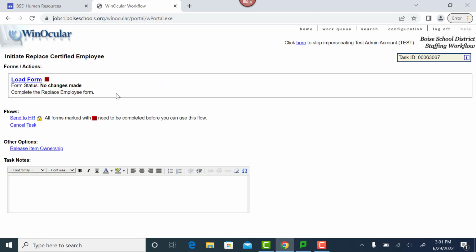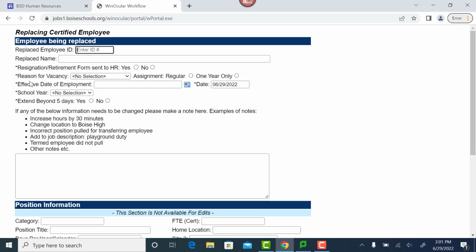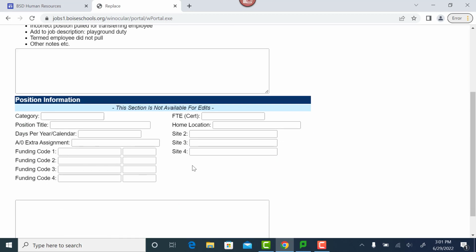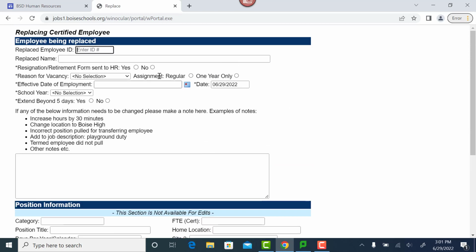So we'll go back into it this time, and this time we will click on load form. And now with this form we have the information up here that we will need to fill out, and information down at the bottom of the position that will automatically fill in for us. All we have to do to get it to fill in is input an employee ID number,